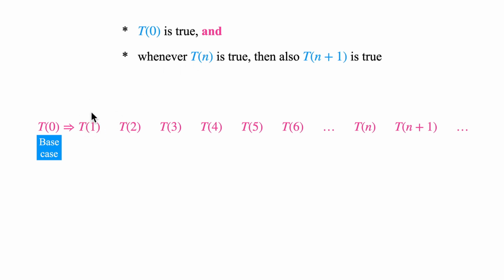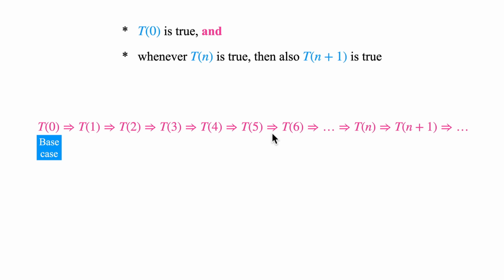Now I know that t of 1 is true, and if t of 1 is true, then also t of 2 is true. Read the second statement again with n equal to 2. Then you will get that t of 3 is true, and of 4, and 5, and 6, and so on, and so on, and so on. But of course, you cannot verify all those statements